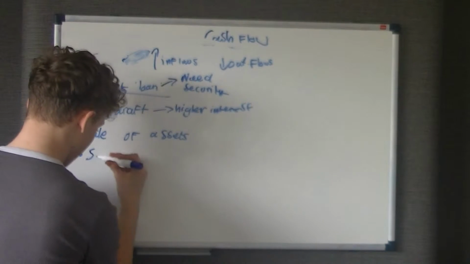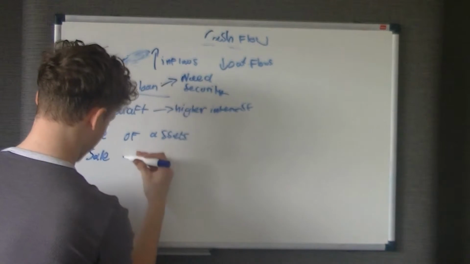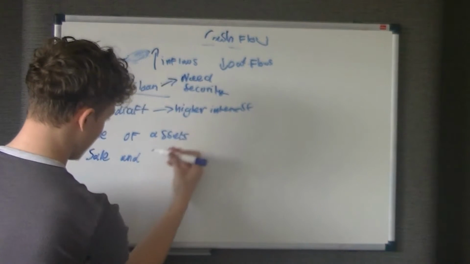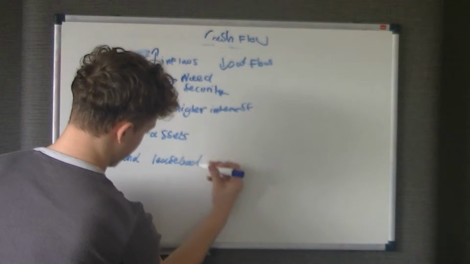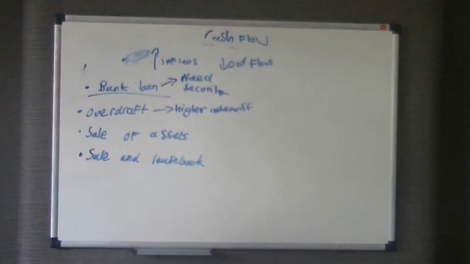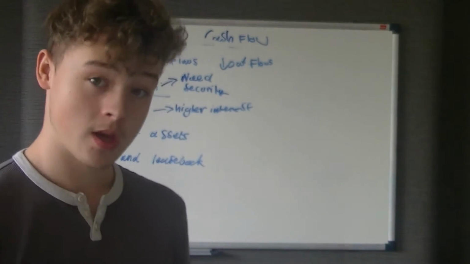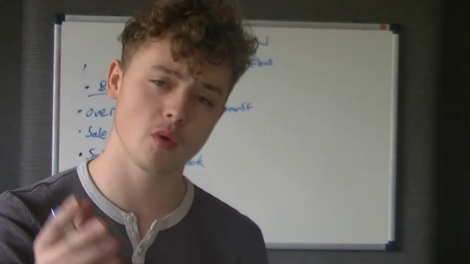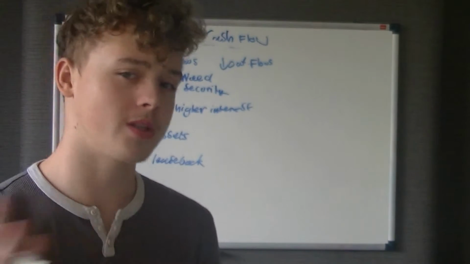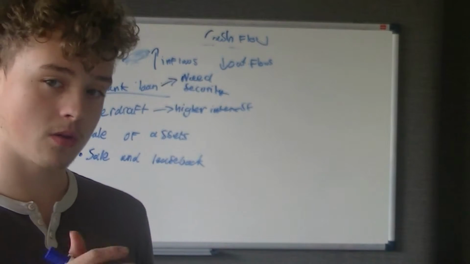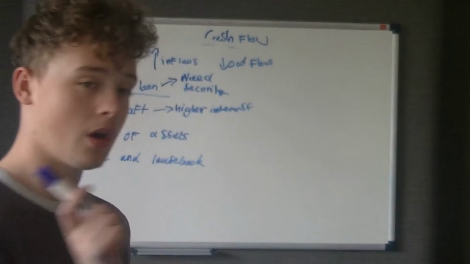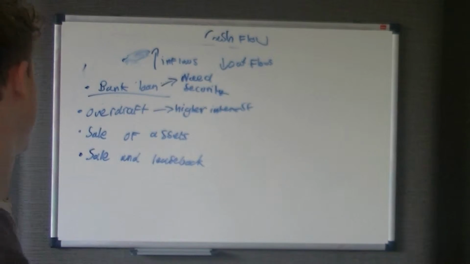Now the sale and lease back is another solution. And it kind of leads on from sale of assets in the respect that you can use it. So if a business decided, yeah, we want the money for this, but we want to keep it in production, they could sell it to another firm and lease it back. Now the only couple of problems with that, obviously it can't be used as a guarantor for loans, and